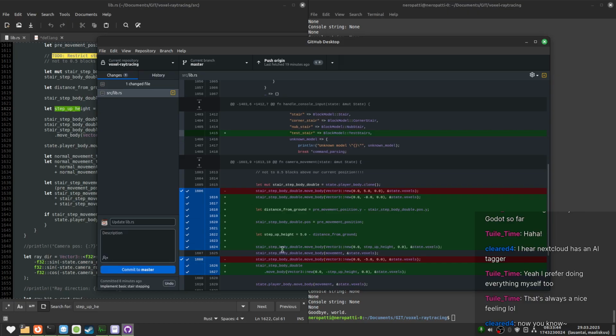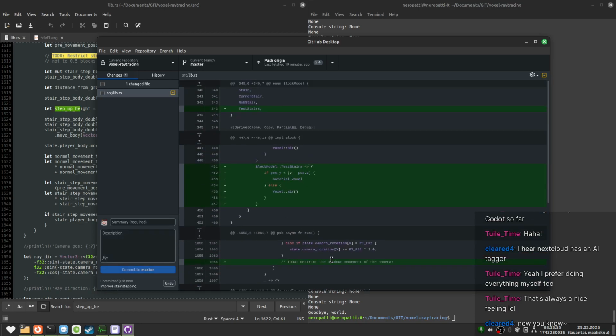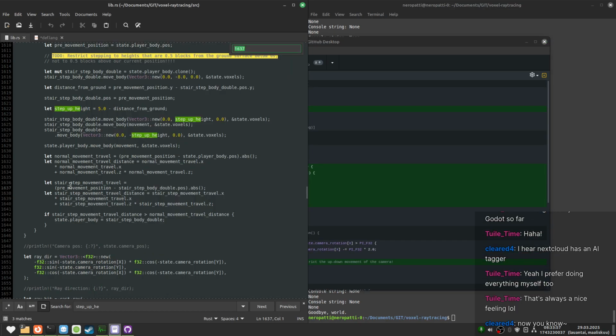Let's do this. Improve stair stepping. Yep. Also, I'm gonna get rid of this one to do.